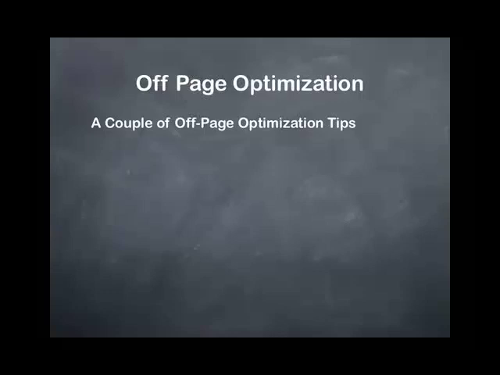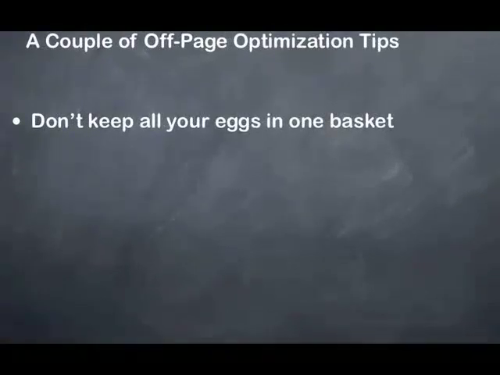So the first thing is really about making sure you don't keep all of your eggs in one basket. What I mean when I'm saying that is if you're using one specific off-page optimization technique in order to rank a client, or to rank your own website, then it's time for you to start looking at other ways of doing it. Now, the reason I'm mentioning that is in the most recent Panda update, which happened in March